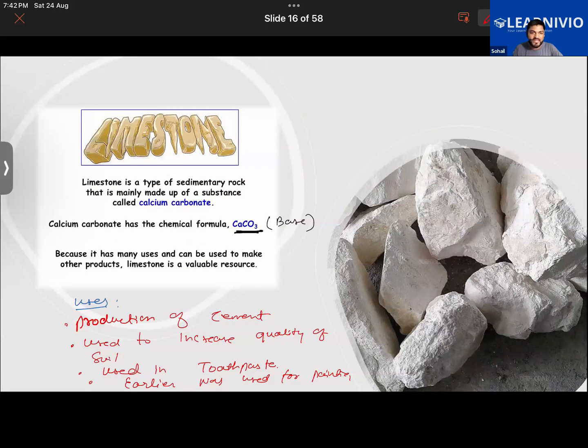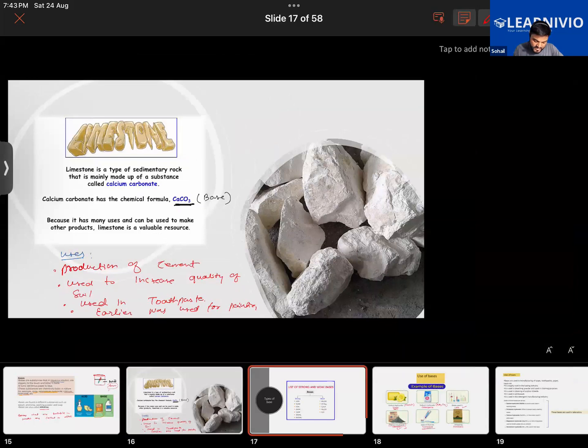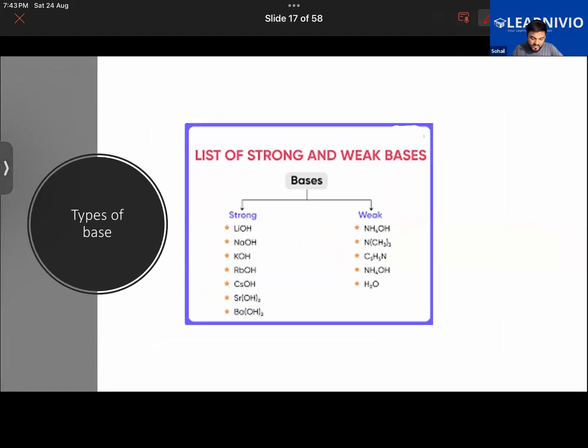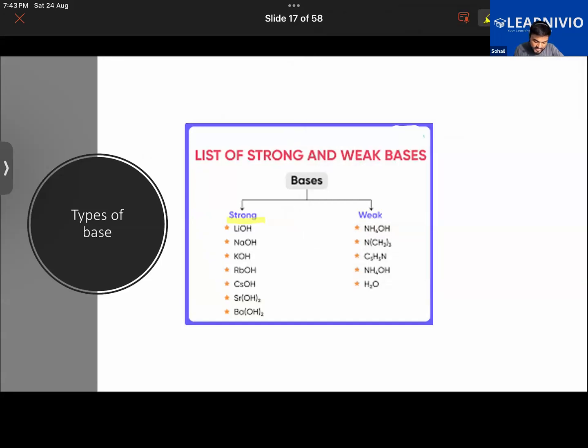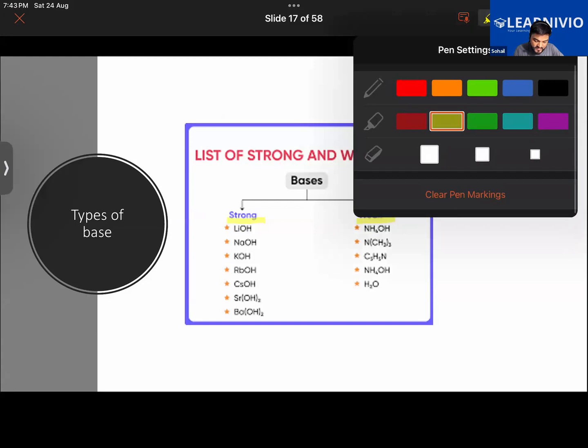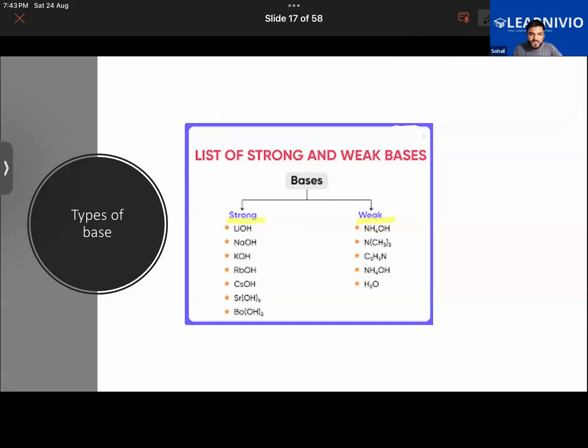Furthermore, we did learn about some special types of bases like limestone. We did learn about calcium oxide also, that is quicklime. We'll be revisiting those in a minute, but before that, let us learn about the types of bases. So we have strong bases and weak bases. Bases have been classified as strong and weak bases. Some of the common examples of strong bases are